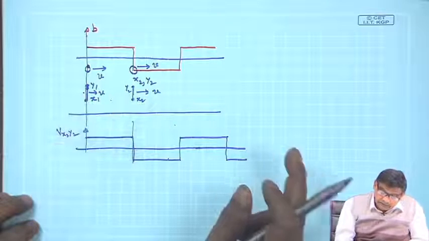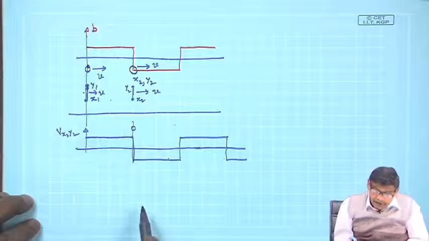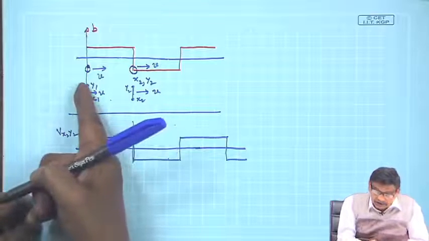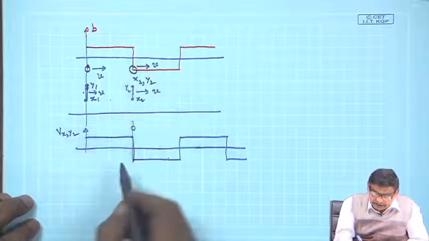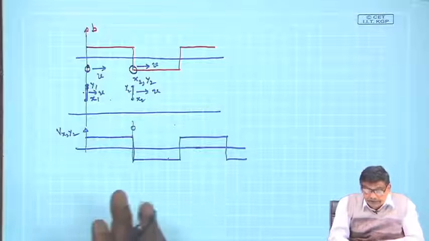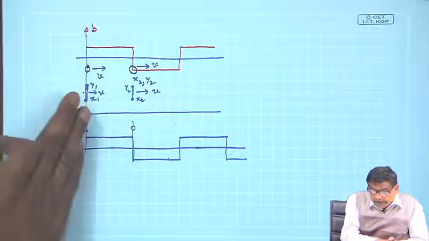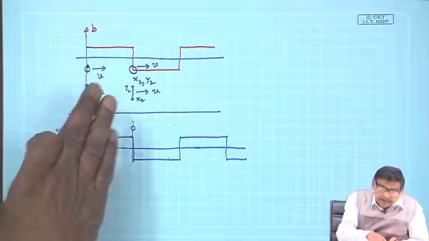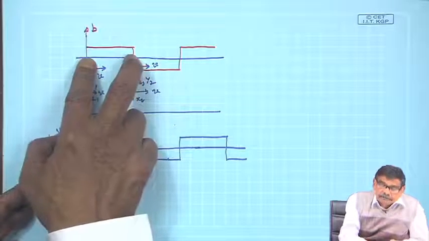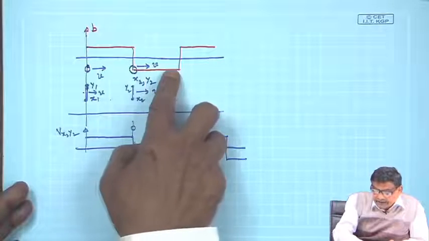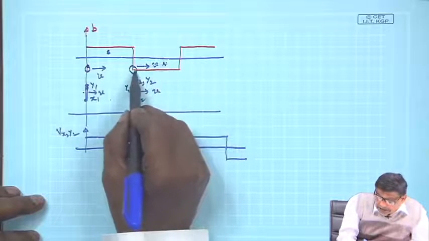The conductor is here right now, it is moving, but whatever has happened to this second conductor, if this is the induced voltage pattern, the first conductor is behind and is going to get the same experience of B as the first conductor did, but after this much distance. Whatever this conductor is feeling here, south pole or north pole, if you call it south pole, it is north pole. When it is entering north pole,